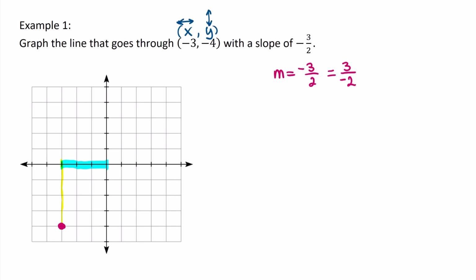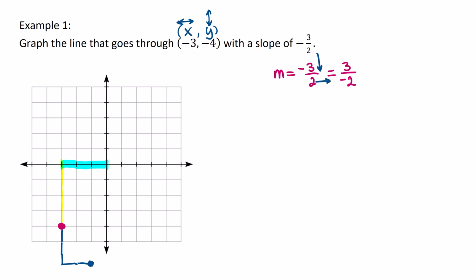If I look at the -3, that's our rise, so we're going down, not up, and our run is +2, so we're going to the right, not the left. Let's go ahead and calculate that. If I go from the coordinate point down 1, 2, 3, and then to the right 1, 2,